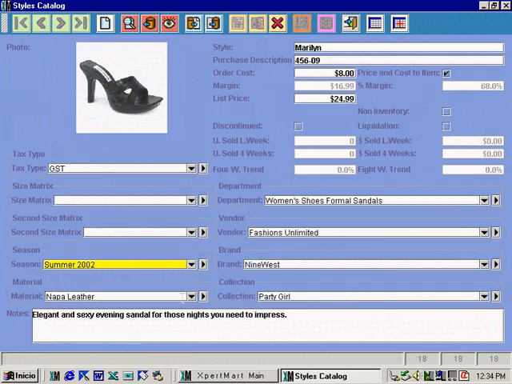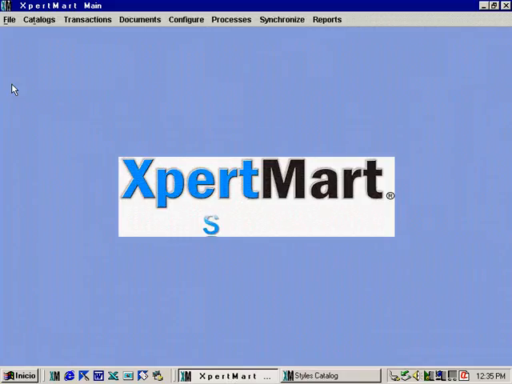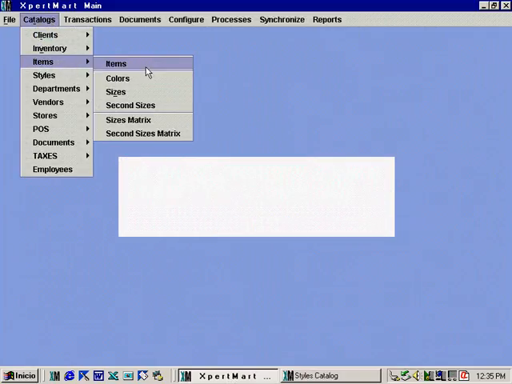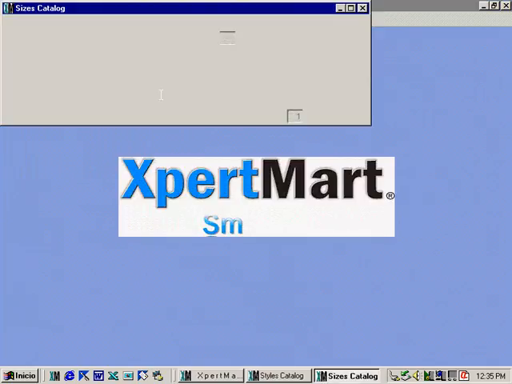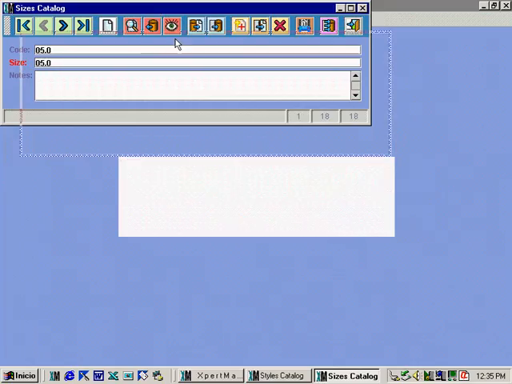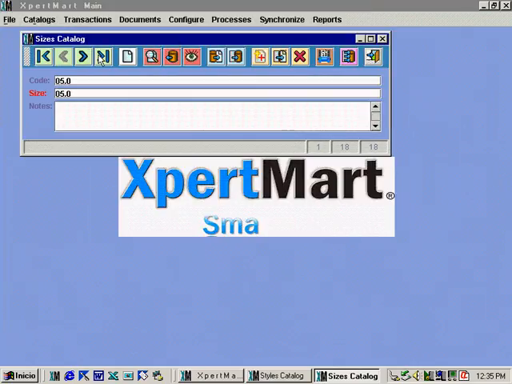And I can look at my colors and see, coincidentally, I also have 18 colors in my catalog, and I'm looking at them now. Blue, burgundy, olive, bone, pearl. Let's create a new color, and let's call this color light magenta. If you notice, all fields in red that have a red description are mandatory fields. Everything else is optional. So we've just created the color light magenta. If we save that,